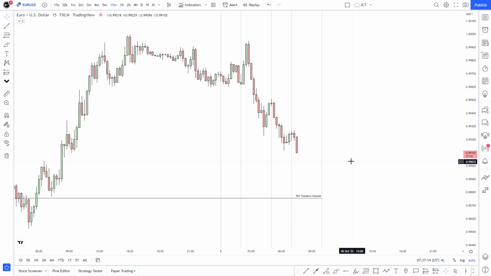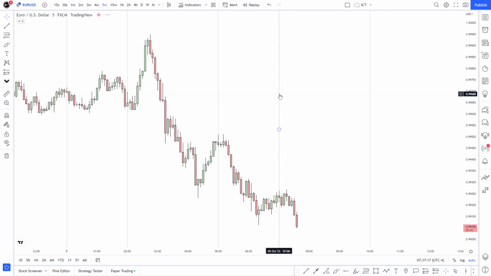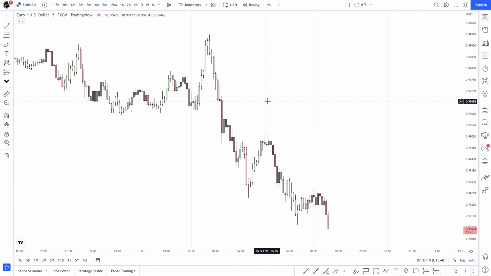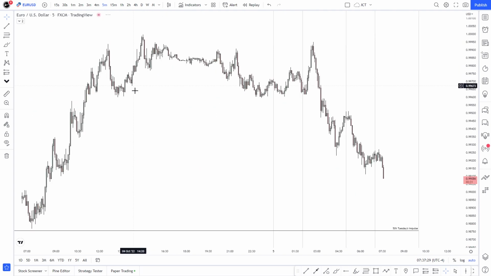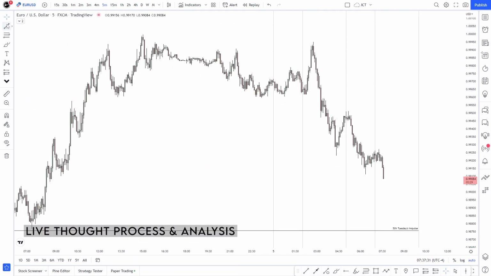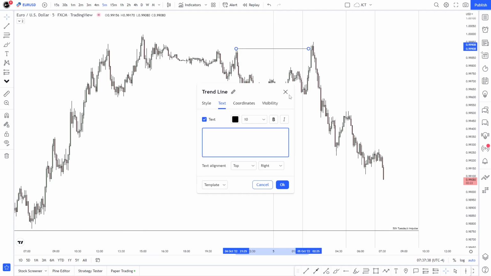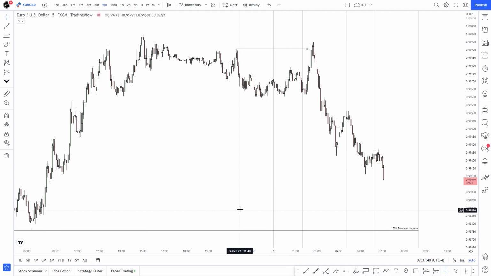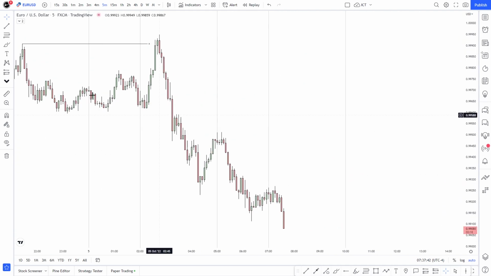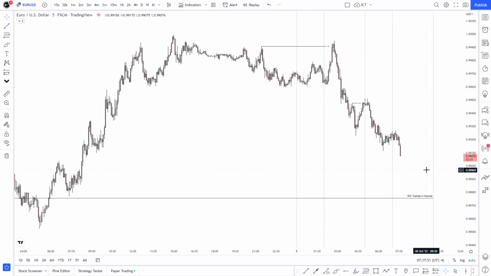And right now, from the 15-minute we don't really have much, from the 5 we don't have much either, but here's the thing, we've taken a lot of buy side liquidity, even this side barely, but we have. Let's just mark this really nice run on buy side liquidity. What an aggressive move lower. As you can see, we have another run on buy side liquidity right here.